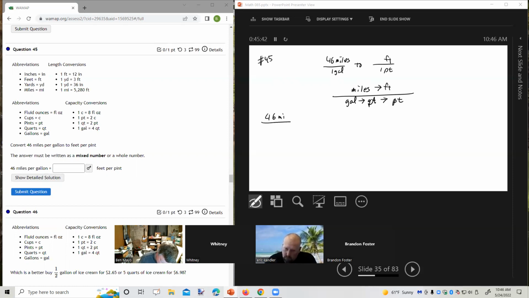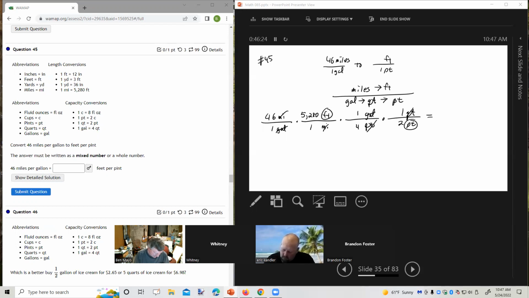46 miles per gallon. Miles is going to go to feet. So miles to feet, 1 mile, 5,280 feet. I've got feet now. I need pints. Gallons to quarts. 1 gallon is 4 quarts. Gallons go away. And 1 quart is 2 pints. And let's see, quarts go. So I've got feet per pint. And let's see, I've got